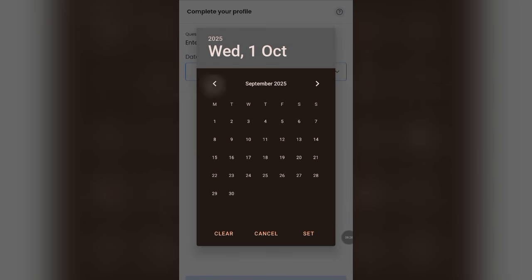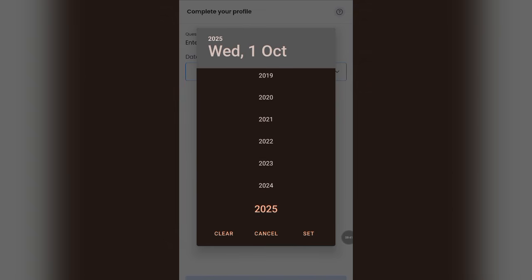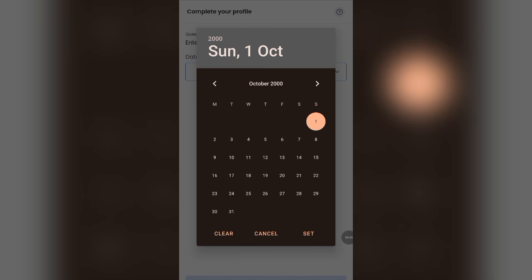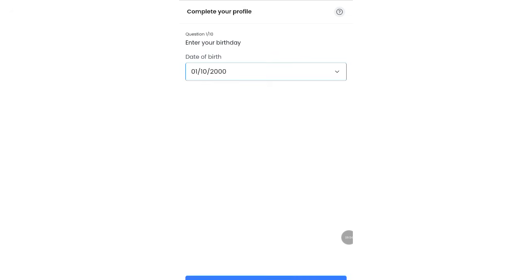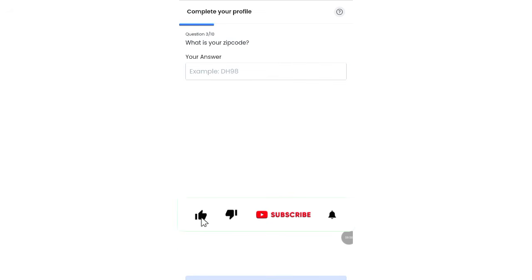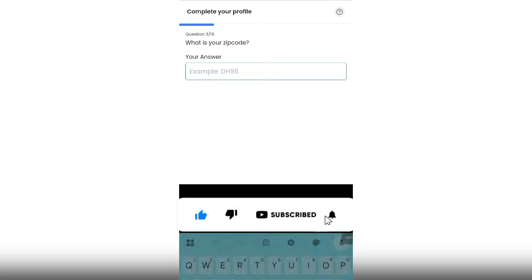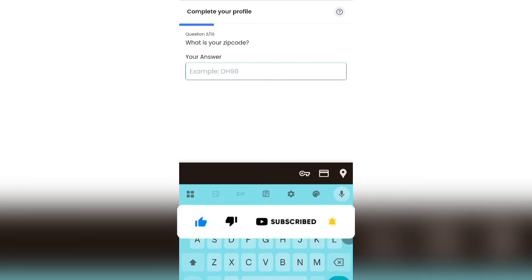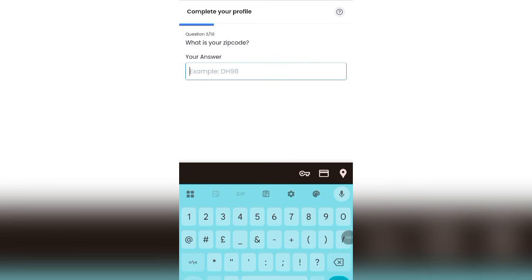So what you're going to be doing right here is to pick the date of birth, and you are going to be arranging this according to what you have on your demograph. Okay, so I'm going to be picking my date of birth right here. Let me just pick, okay, I think this is okay. So I'm good to go. I'll click on continue. So these are just like a demograph to you. Make sure you input all your details properly so you can attract more surveys.